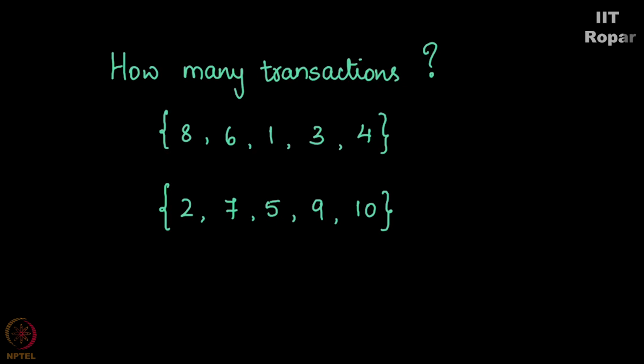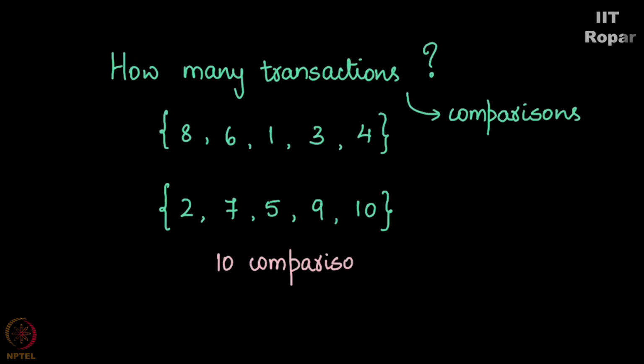The amount of work simply involves comparing an element on this list with an element on this list, picking a number and putting it down. Every time I compare, I get a number, right? So how much work do I do? It is equivalent to how many comparisons you make. You compare and you pull an element and then put it down, correct? Whenever you compare, you get one element in the mega list, the bigger list. Correct? So, if there are 10 elements here, you have done 10 comparisons. Right? Definitely in 10 comparisons, you would have got all these numbers.